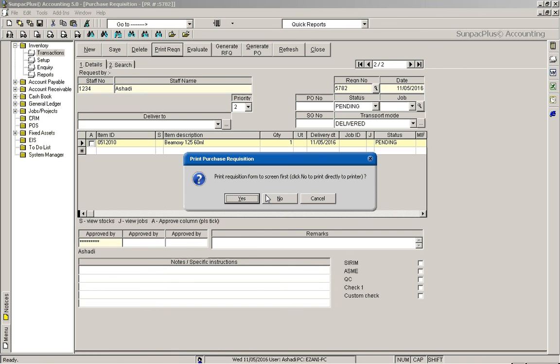And finally now I can print the requisition. So I've gone into the print requisition dialog box, and it says print requisition form to screen, or click no to print directly to the printer. So yes, I want to see the requisition form on the screen first. So I'll click the yes button. Remember, to print directly to the printer without viewing to screen, just click the no button, the second button. So I'll click yes, and